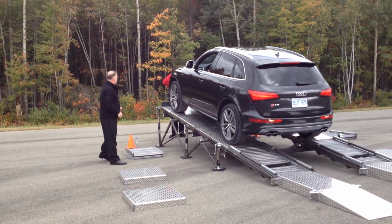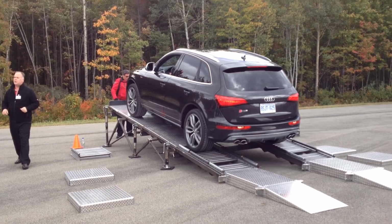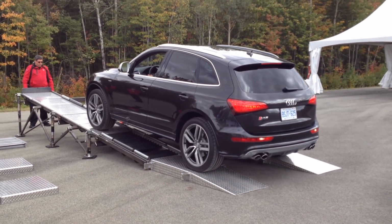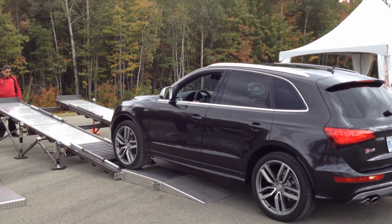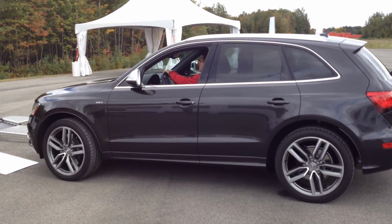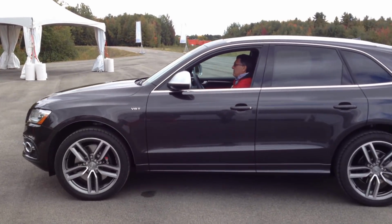We're going to walk it down. Now what we're going to do is we're going to expose the vehicle to probably the worst case scenario. Only one tire sits on firm ground. All 3 other wheels are going to sit on the rollers. So we're going to expose